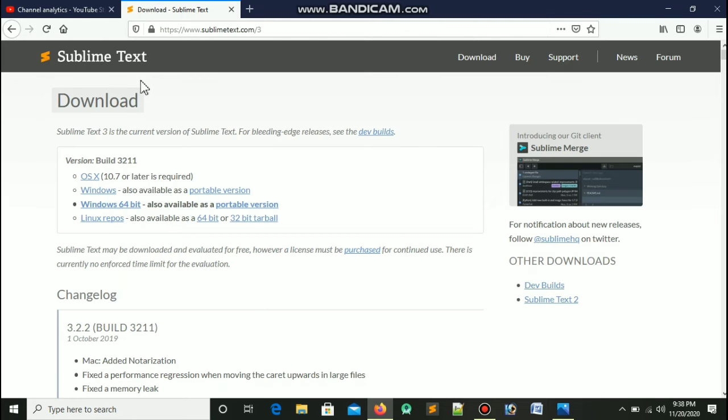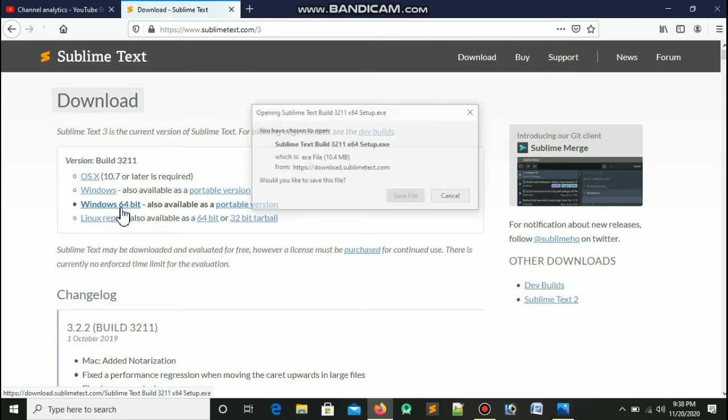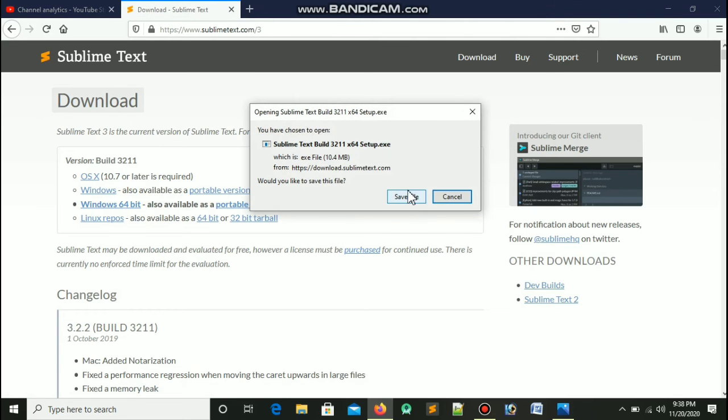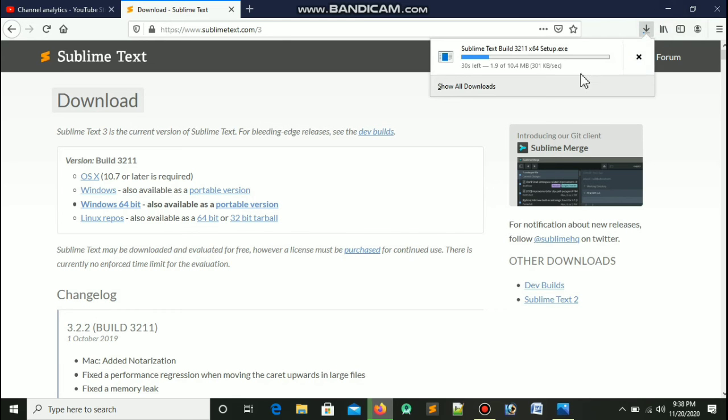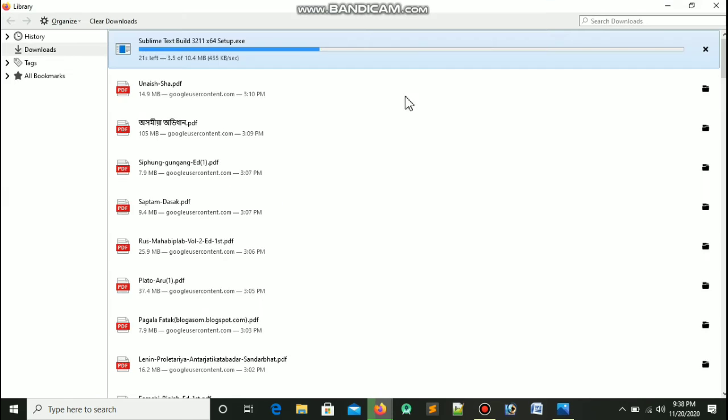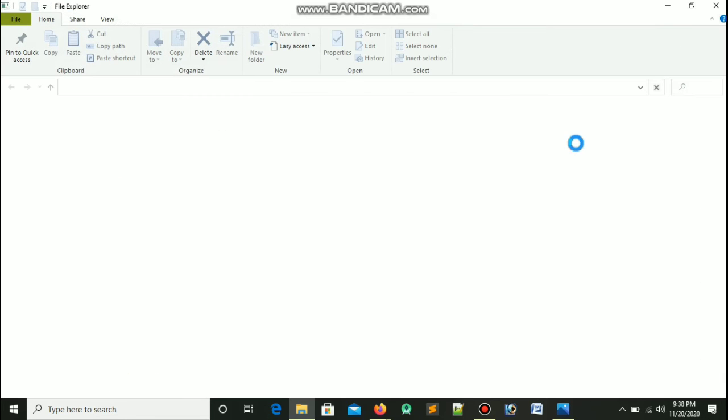Now redirect to this page. Now you click Windows 64 if you use 64 bits. Click this Windows 64 bits option and download the file. It starts download. It's 10 MB. When it's downloaded, open the file